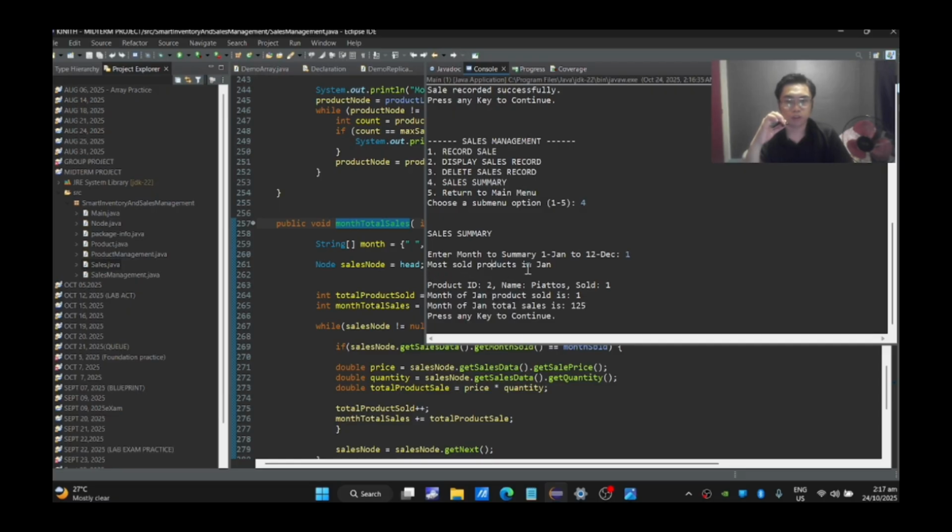The most sold product is in January. Here you can see the product ID, the name of the product, and how many were sold in that month. So for the month of January, products sold is 1. And another one will display the total sales for the month of January.